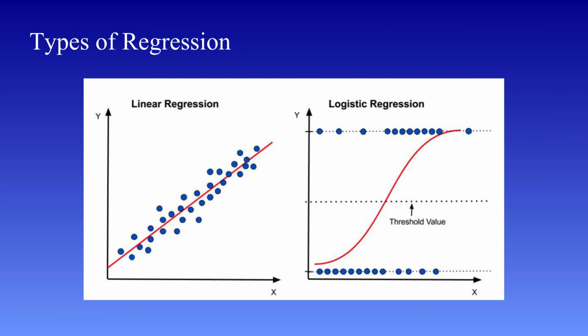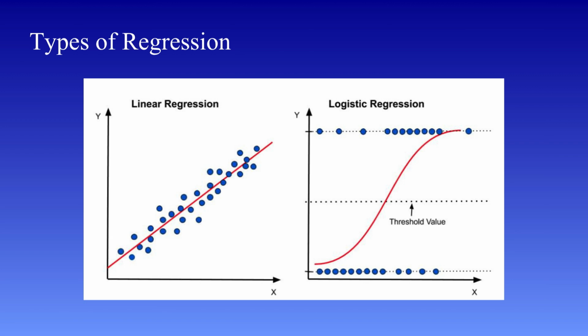Now let's move to types of regression, which helps us understand that regression is not just a single technique, but a group of methods designed to handle different types of relationships in data. The first and most fundamental type is linear regression. In linear regression, we assume that the relationship between the input variables and the output variable is linear, meaning it can be represented using a straight line. This line shows how the dependent variable changes with respect to one or more independent variables. Linear regression is simple, easy to interpret, and forms the foundation for many advanced regression techniques.